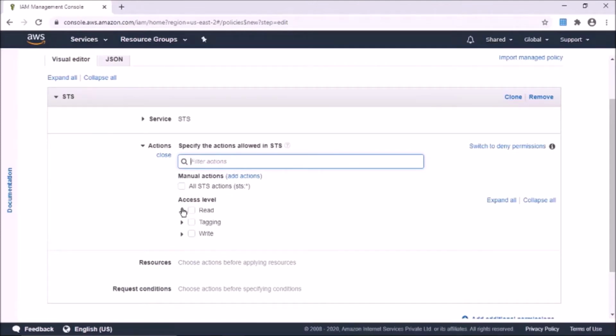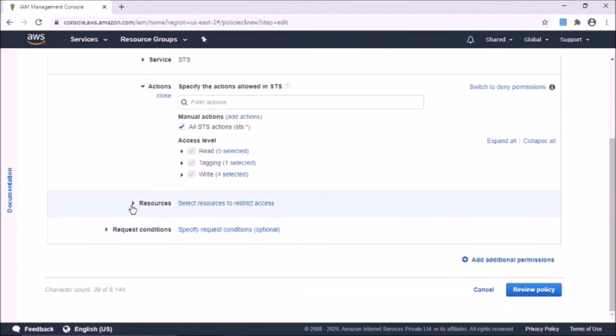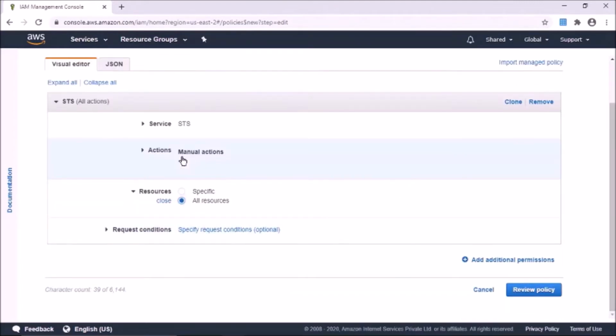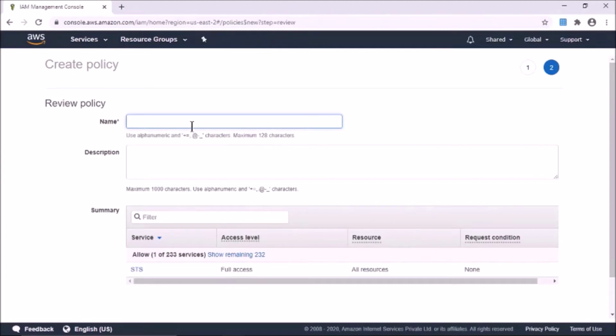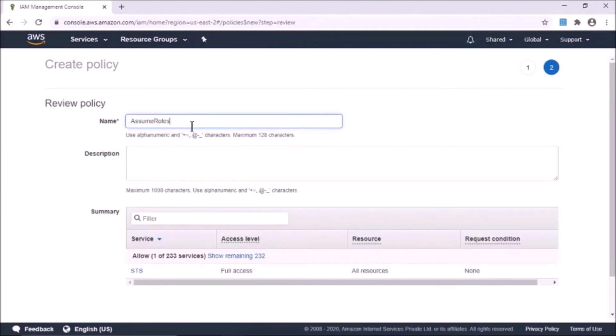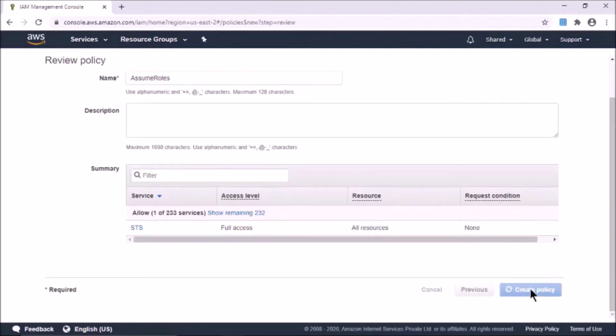And let's see what all actions we need to access. We will give it as all STS actions. And the resources, we will give it all resources. And review policy. We will name the policy as assume role. And create policy.